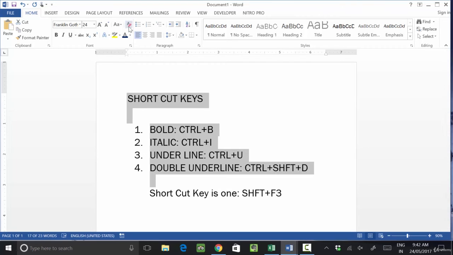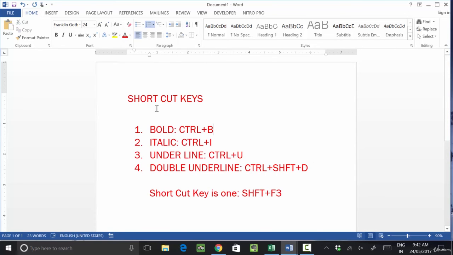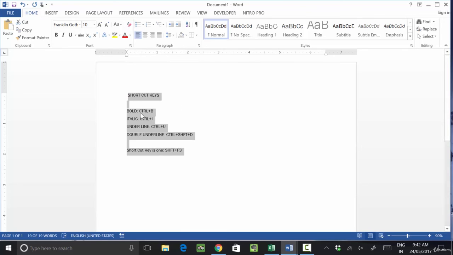Next, after this, we have clear all formatting. For example, right now you will see in this text I have applied different kinds of formatting. Let's make it a color. So some formatting is applied to this particular text. I want to remove all this formatting and reset the text in my document, so I will click on clear all formatting. When you click on this option, you will see your text become normal. So this is the reset or clear all formatting option in your document.